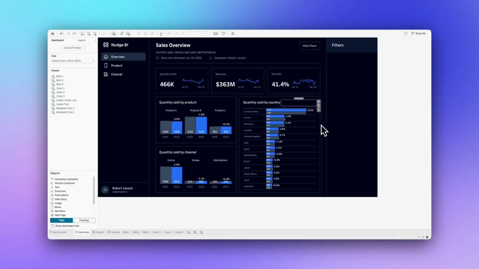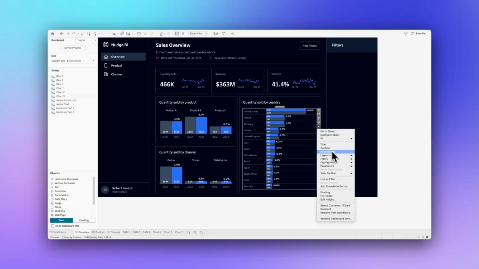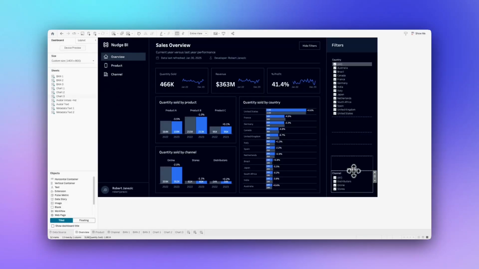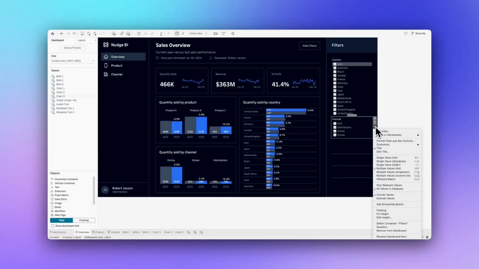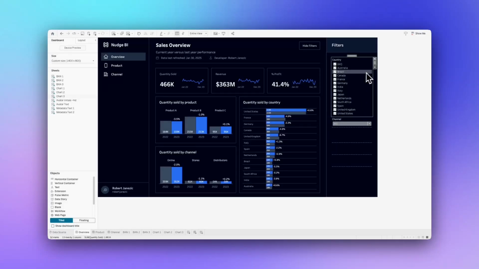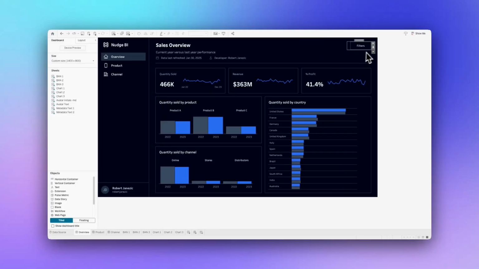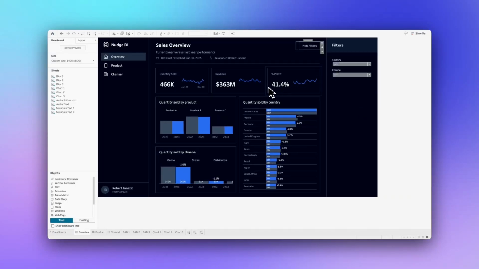And just for the purpose of this demo, let's add some filters to the right. Now, the interesting thing is when you add filters, it just puts it into the correct place, which is nice. Say filters and country. I can move these up and I'll change them to multiple value dropdown. And just like that, and if I click hide filters, hide, show, and just like that, you get a super